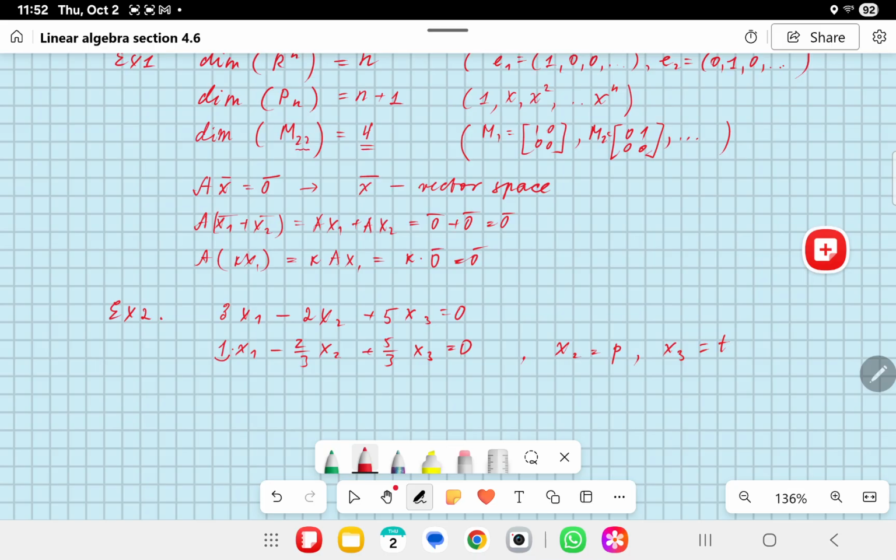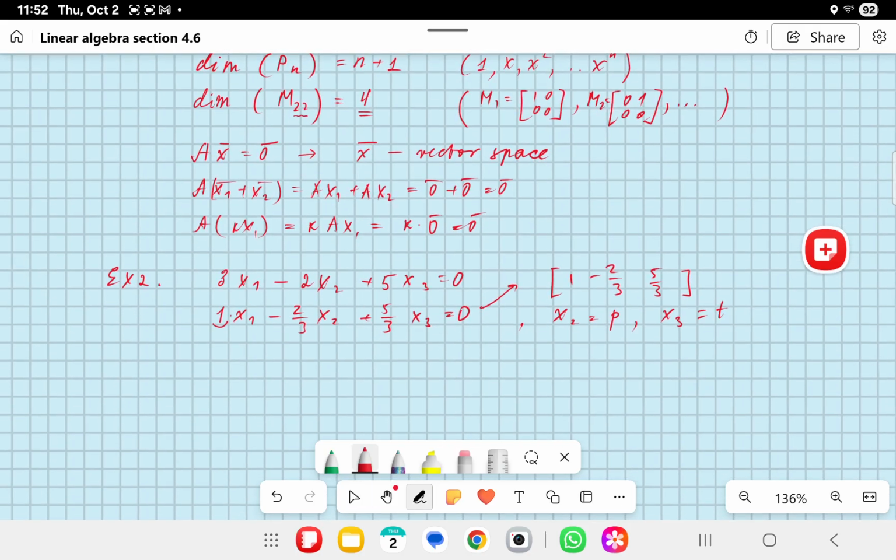Again, if you write it down as a matrix, it's going to be 1, minus 2 over 3, 5 over 3. That's going to be the matrix. Well, that still works. I'm using this as a very simple example. Now, if I want to solve for x1, I'm going to have x1 equals 2 over 3 p minus 5 over 3 t. Now, guys, what I'm going to do,